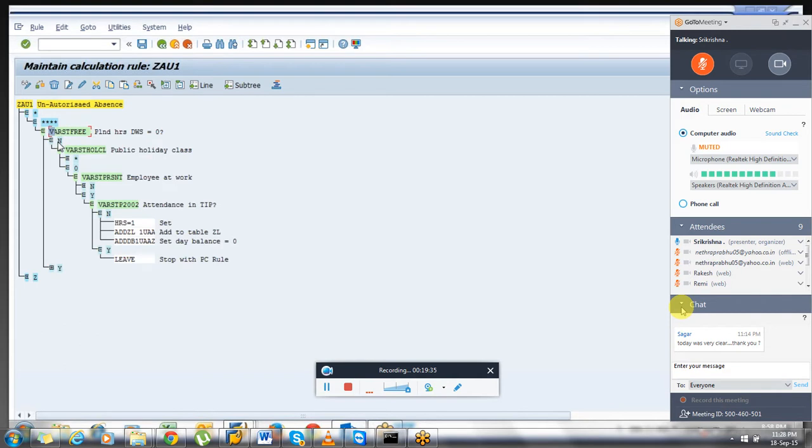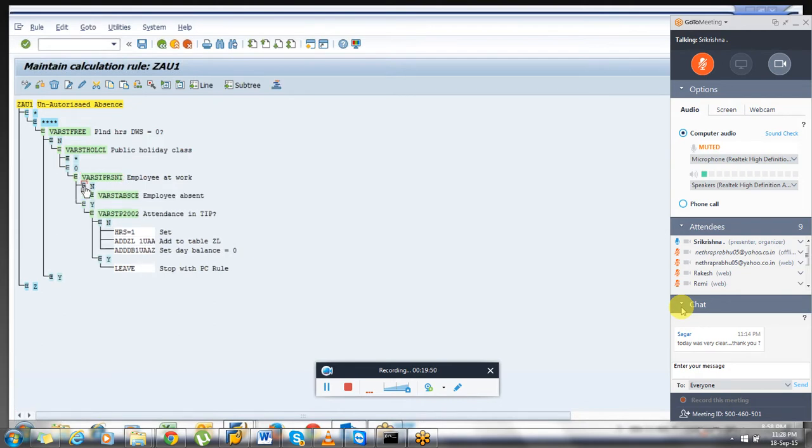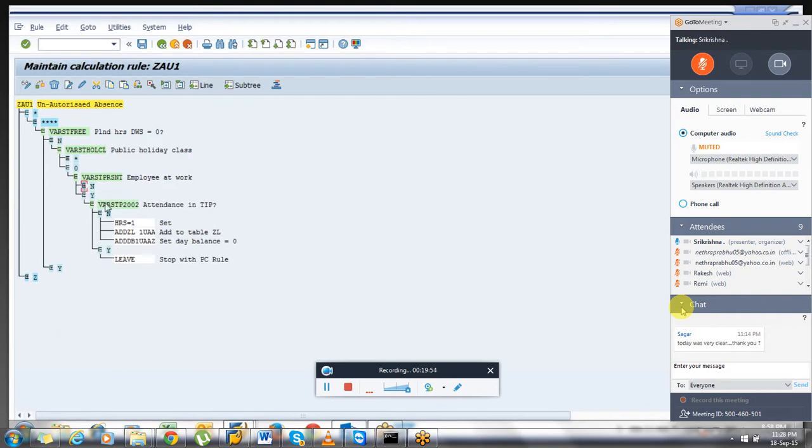So what I am telling is, if it is not free and not a holiday, and I am checking for employee present, there won't be any question of employee not present, especially in negative time evaluation, because there will be a presence from the 2000 function, as I explained before.